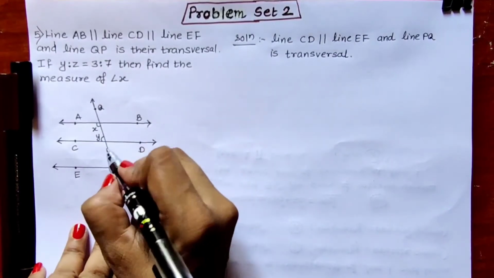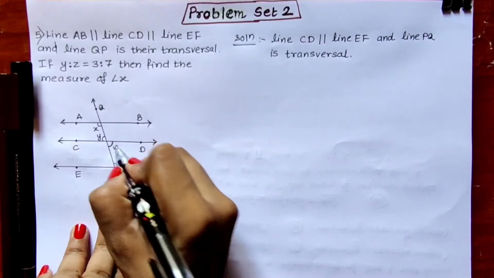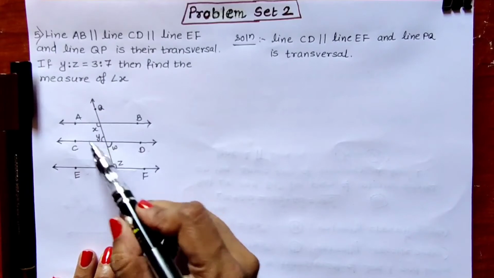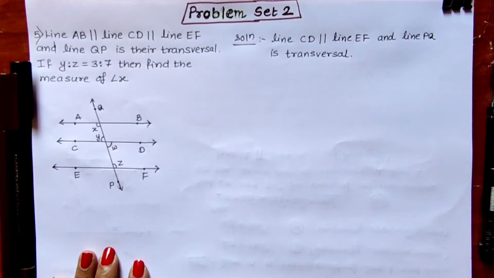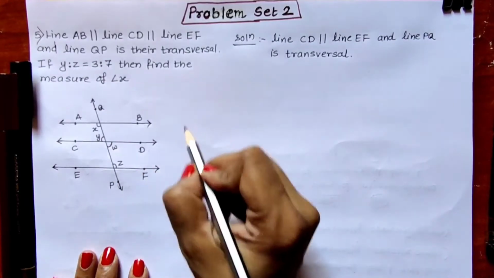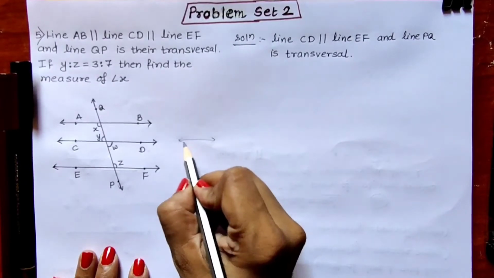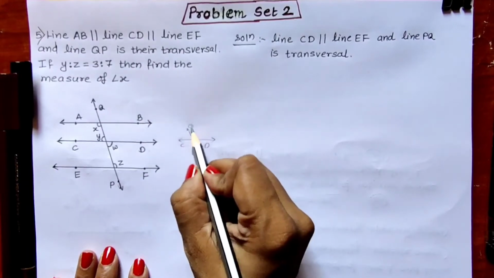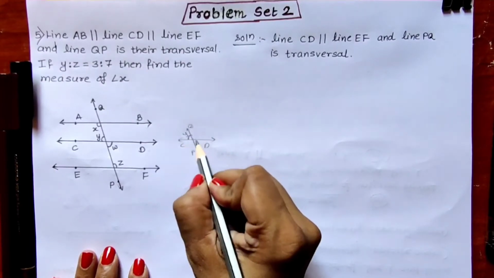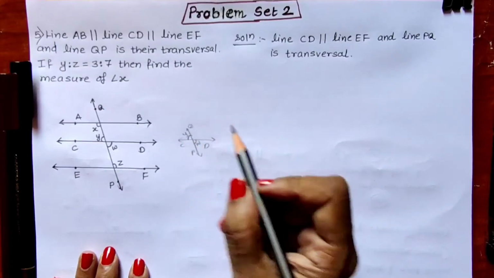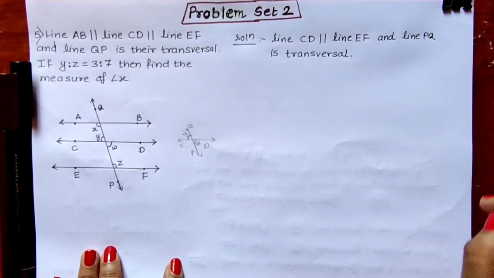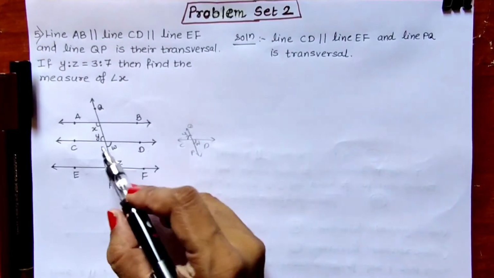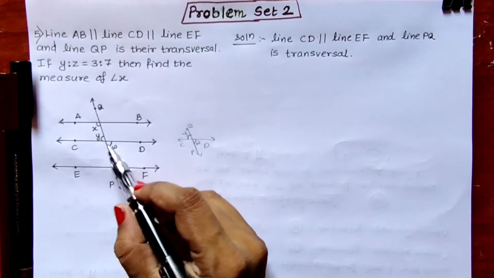See children, here I am going to take angle W. So Y and W are vertically opposite angles. We can see here they form a pair of vertically opposite angles. If I draw this line CD, and this is line PQ, here we are getting angle Y and angle W. They are forming a pair of vertically opposite angles, and we all know vertically opposite angles are congruent with each other. So this we will be writing afterwards.